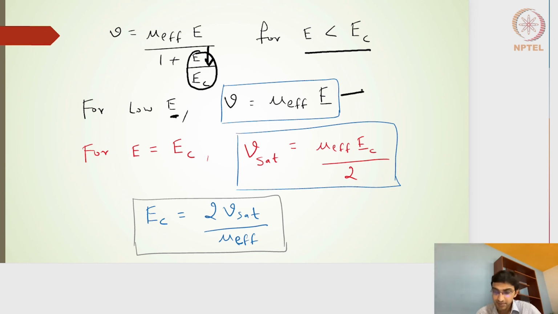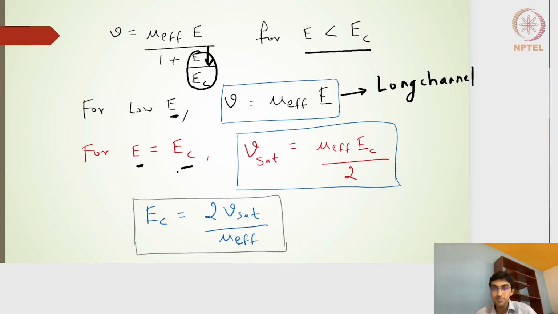Now this is very close to what we have been using in the long channel model. The long channel current model uses velocity directly proportional to the electric field, and that's what we have been using. At the point E equals EC,